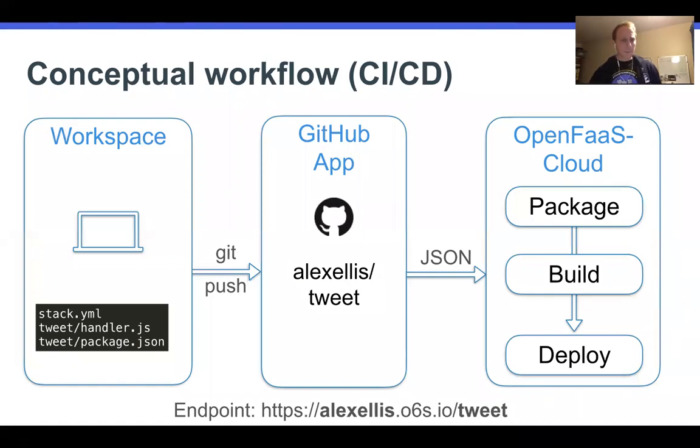So conceptually, OpenFaaS Cloud, it says GitHub here, but imagine that GitLab works exactly the same. We set up our code in a workspace on our laptop. We do a Git push. In the middle of the screen, you see my repo there, owner name and the name of the repo. The system will then send a webhook into OpenFaaS Cloud. We securely verify it, and we package up your code, build a Docker image, and deploy it. So it's exactly the same workflow that we saw that the developer was doing manually, but it's completely automated. And at the end, you have an endpoint.